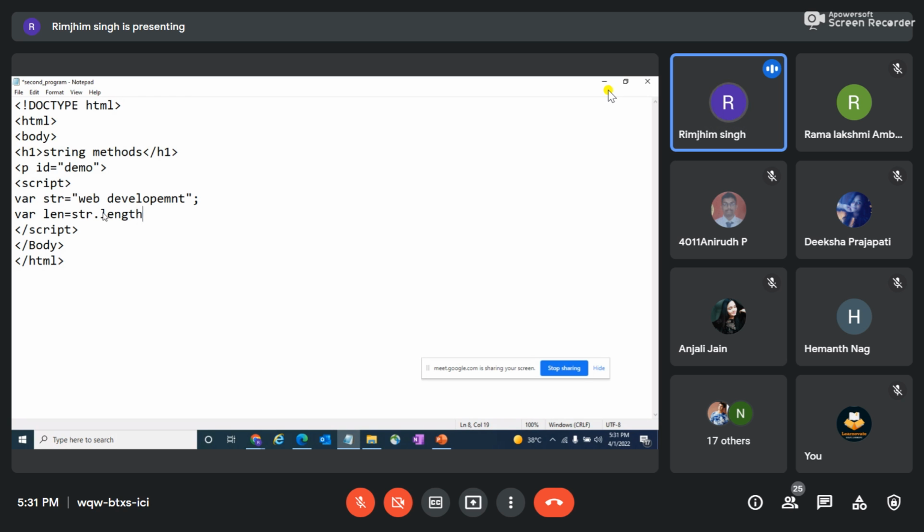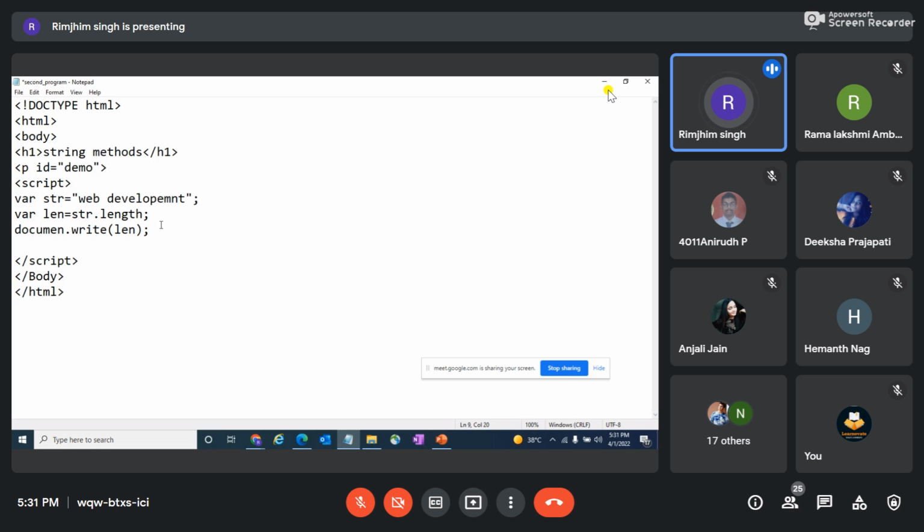length, and then what I want to do is write document dot write len. I'm printing my len variable. Okay. It would try to print the length of this particular variable.